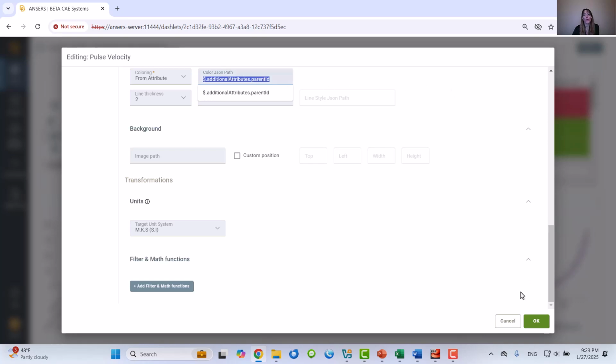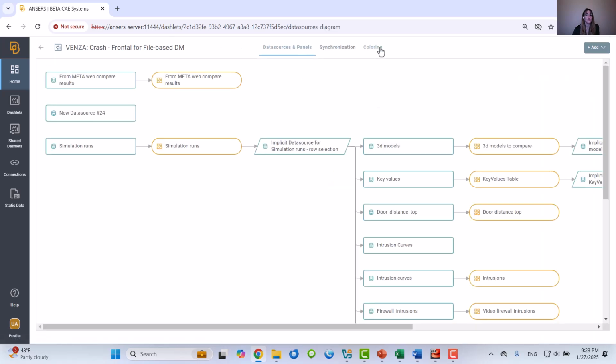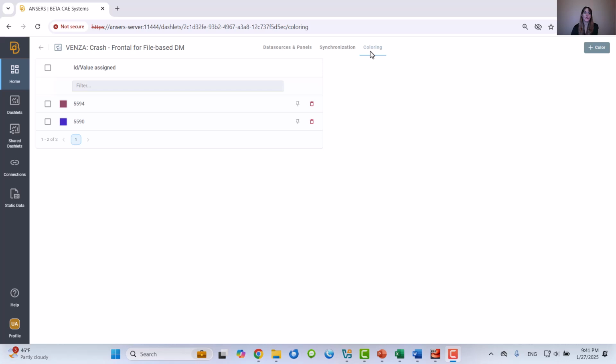So if we go back to the coloring tab, here in this advanced tab, it is possible to edit the assigned colors or fix a specific color for an item for any future usage of the Dazzlet. And if I would like to pin one of them, you may notice that the pin colors appeared at the top of the list.